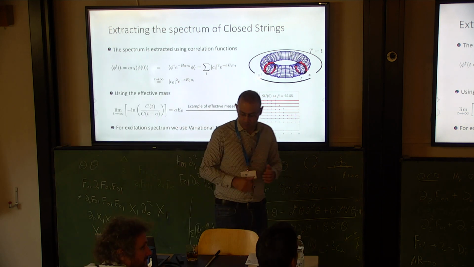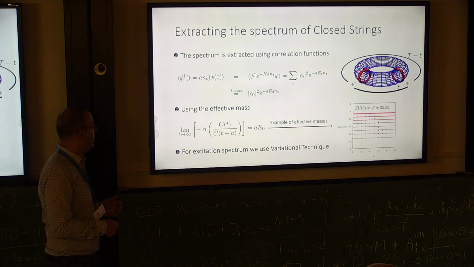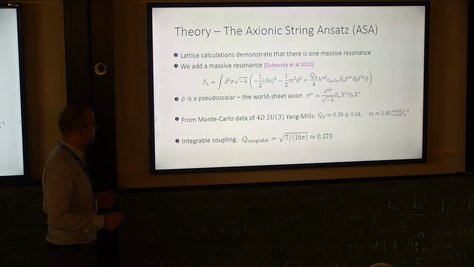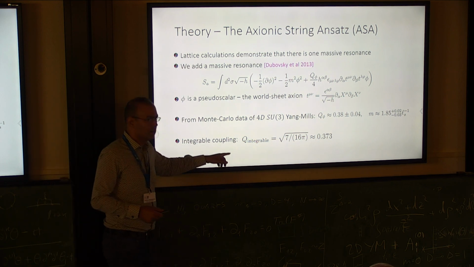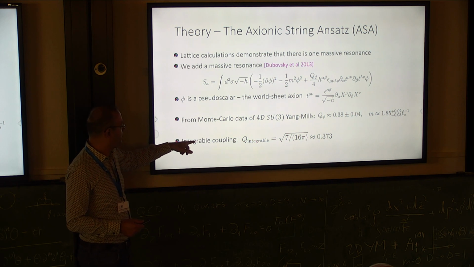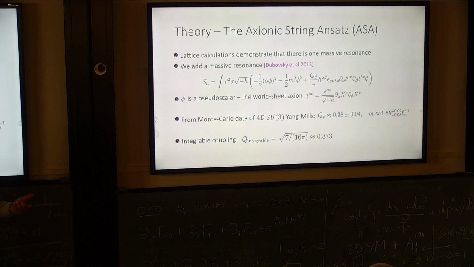So that previous theory is integrable, or is that not the TT-bar? Say again? The previous action you wrote, is this integrable? No, this. But what is this Q integrable you're comparing to? This is the Q that derives if you assume that the theory is integrable. For zero mass. For zero mass. There is an integrable theory when the mass is zero and with that value of coupling.